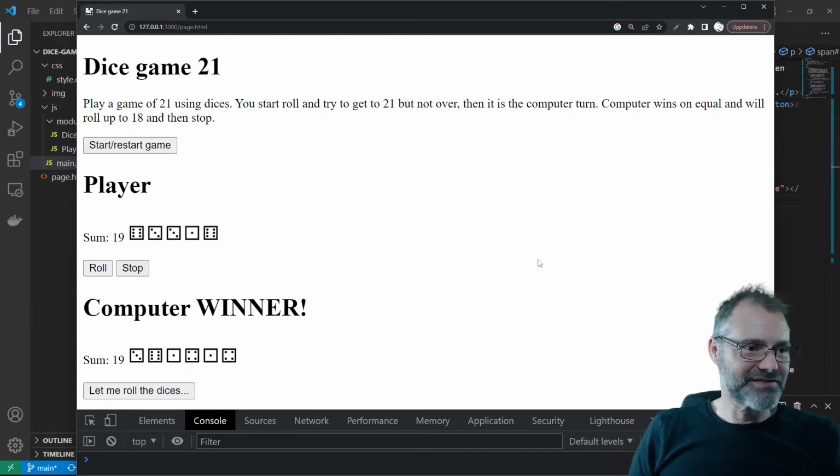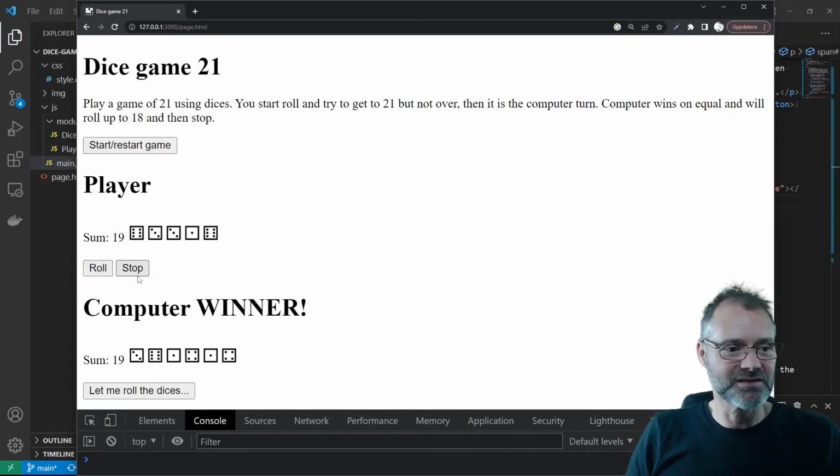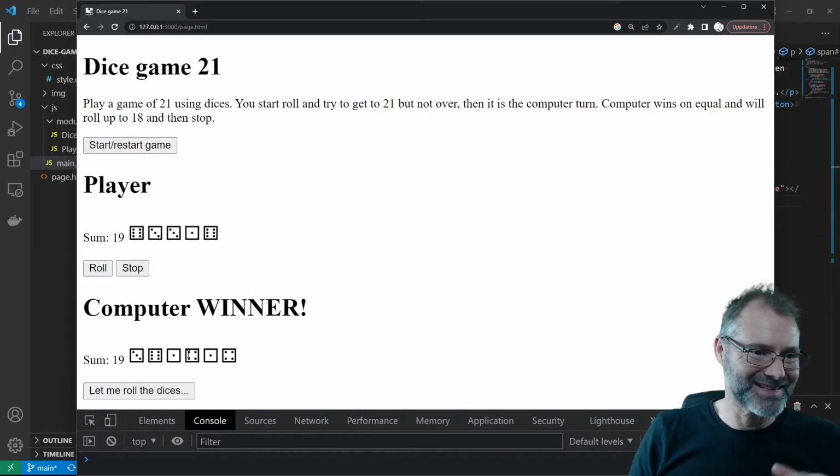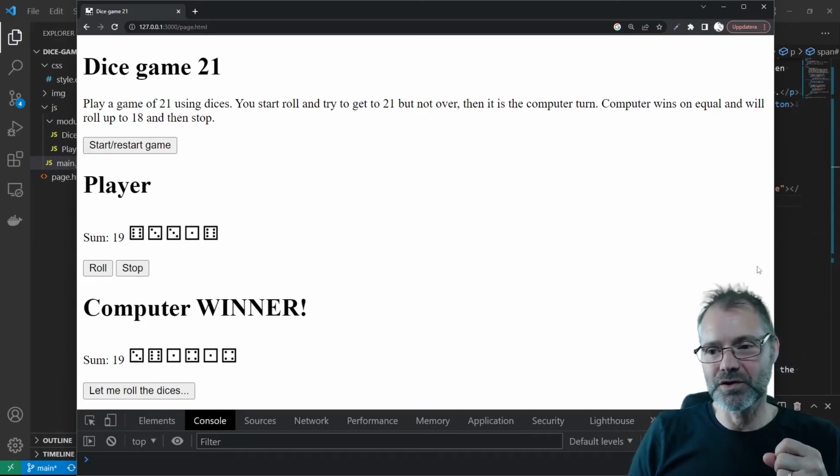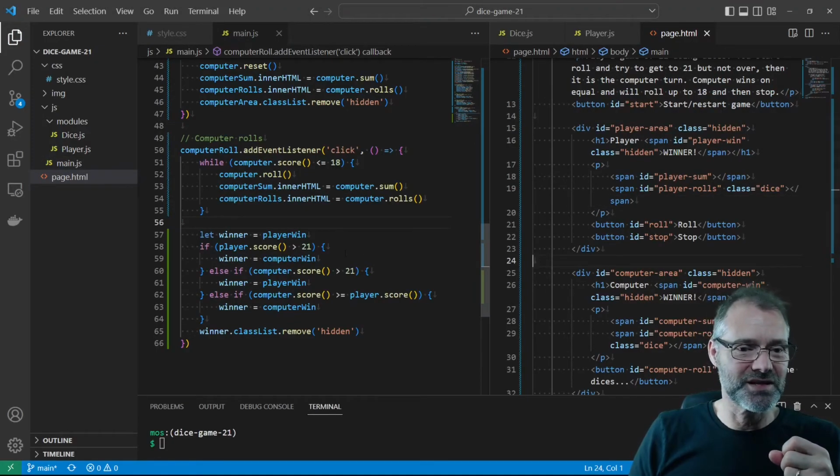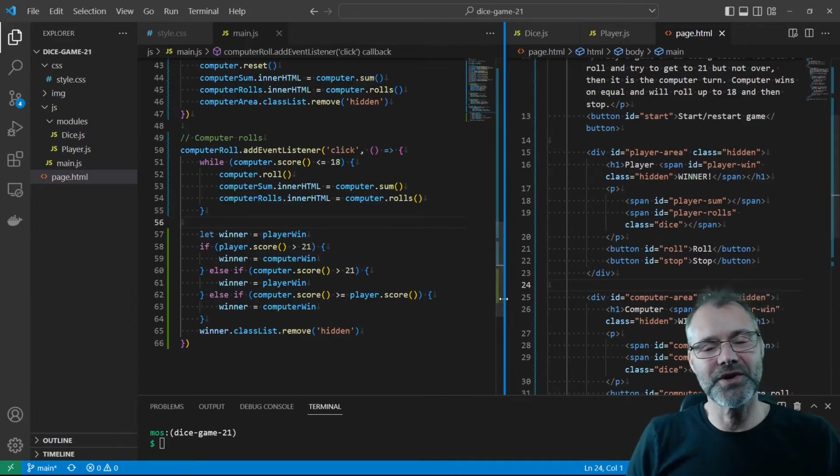So I actually think that we have a game. It is a working game. So, okay, maybe we should disable some buttons when they can't be clicked. But enhancing the GUI currently is not my main focus. My main focus here was to show you how to create a small JavaScript application